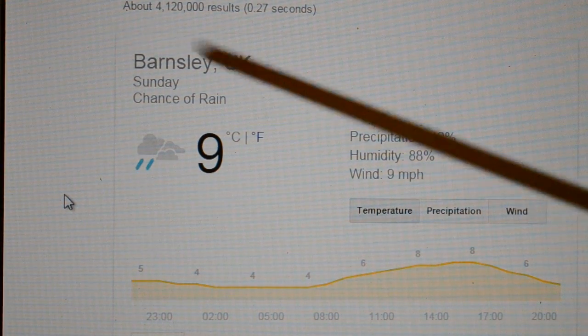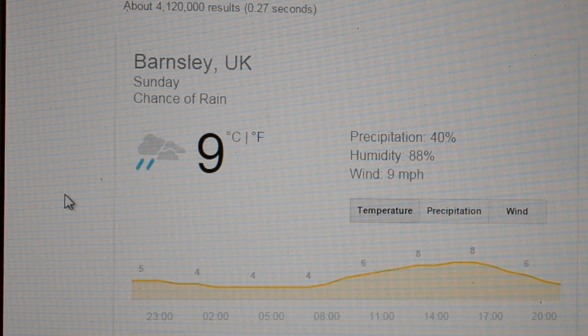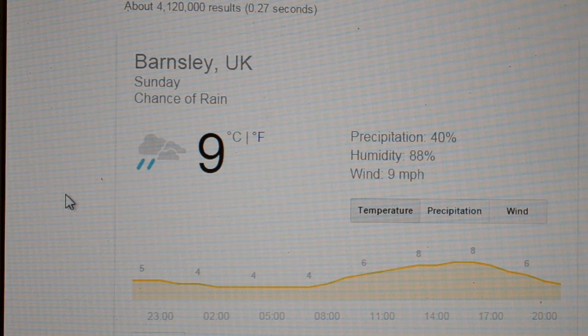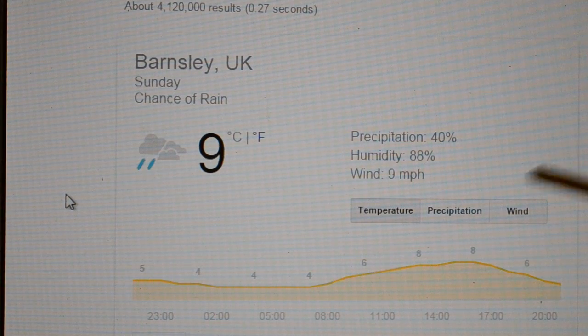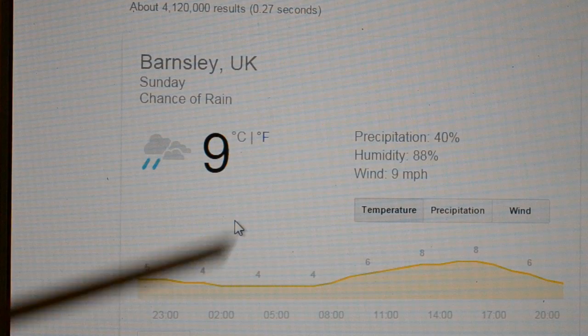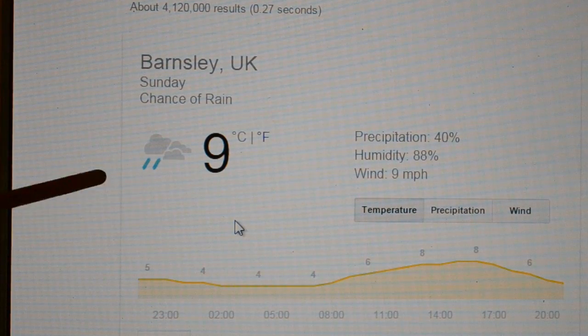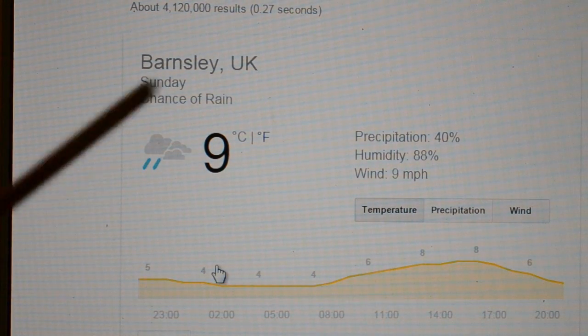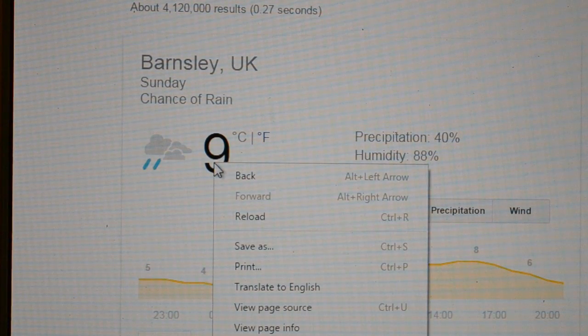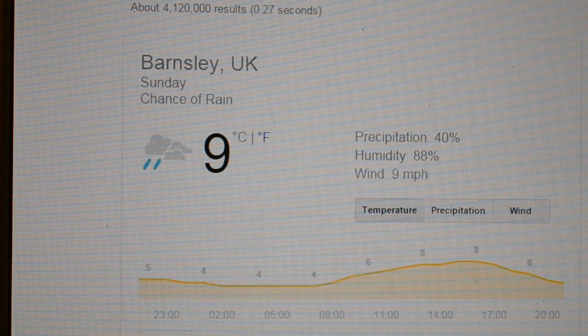Well, I've previously captured this weather using video capture, and I noticed there was a big advert, and I don't want to get done by YouTube for having paid ads in my video. So now I've actually picked up a different site, but using this Google weather forecast as an example, say I want that temperature, right click in Google Chrome, inspect element,